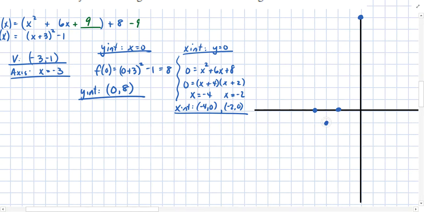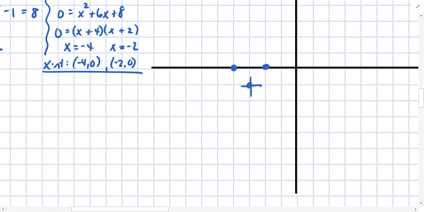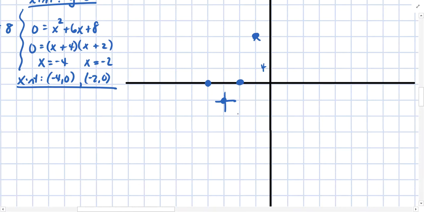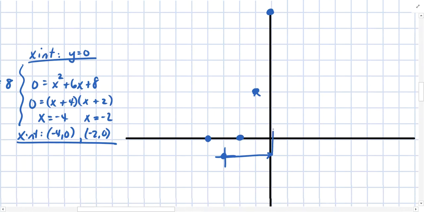I will also stress that from this new origin, or from this vertex, if we were to step to the right 2 units, we would normally go up 4 units because 2 squared is 4, and there's another point on the graph. If we had stepped to the right 3 units, 1, 2, 3, we would have gone up 9 from that position to land on another coordinate. And as it turns out, that's exactly what we've done. Up 1 unit to the origin, and then up 8 units to our x-intercept, our y-intercept,